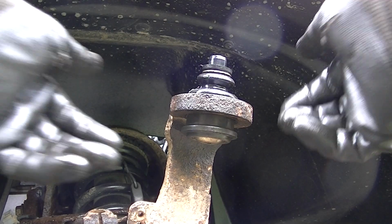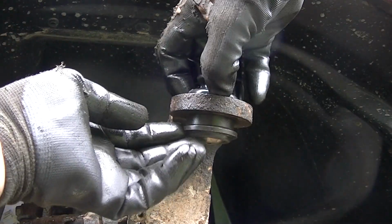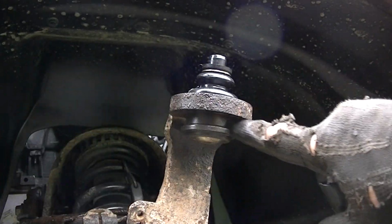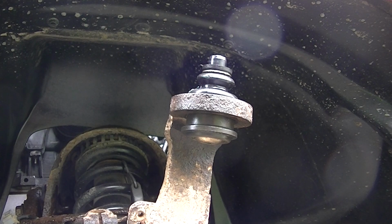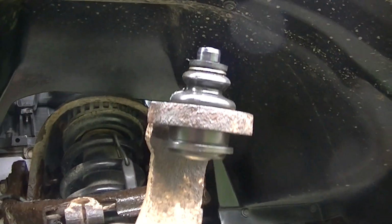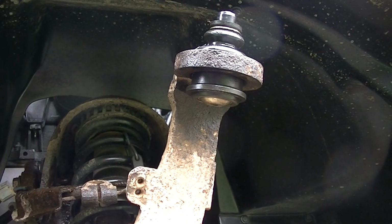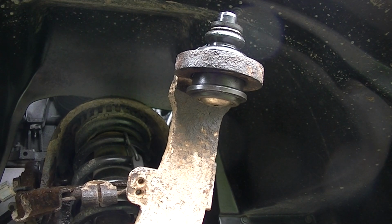Okay, and as you can see, I got the top one started. Now you may have to play with this rubber boot a little bit to get it to go through there. And once it goes in there, you can see the bottom of it is ready to be pressed in. And we can go ahead and grab our tool and press it in. So, so far so good. And we can go ahead and press this in and hopefully start taking the bottom part of this off and